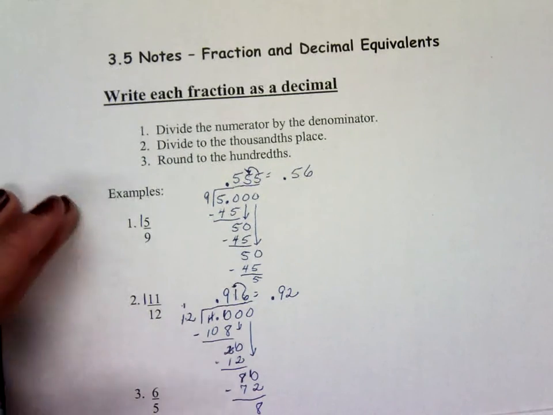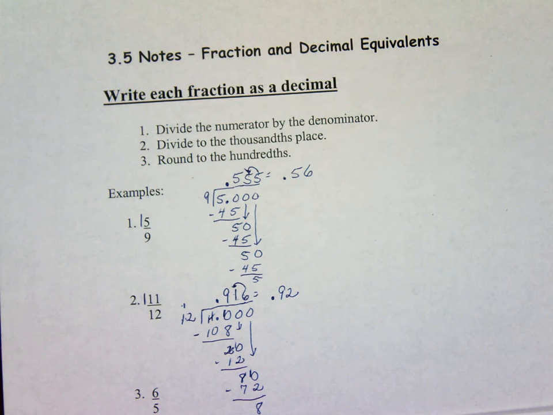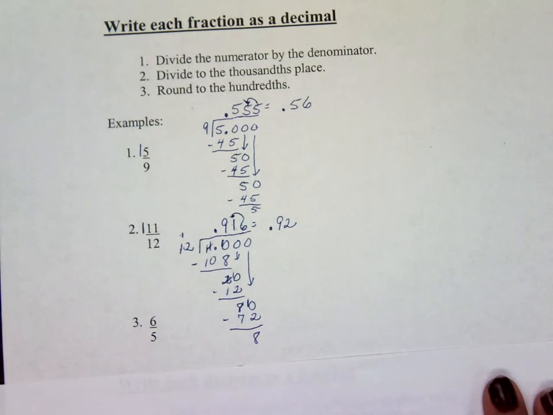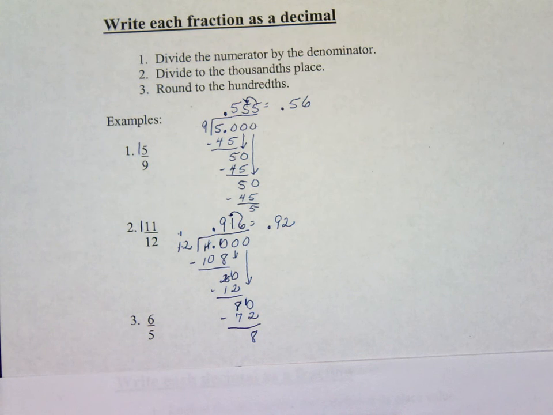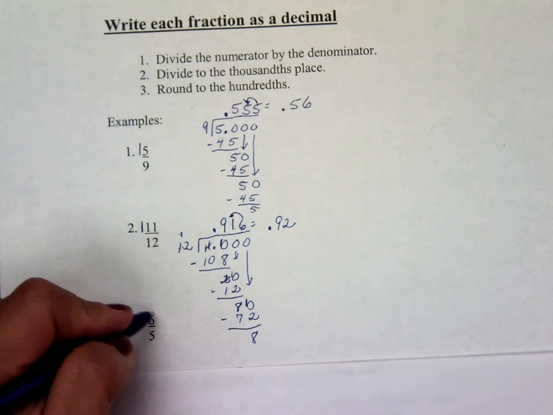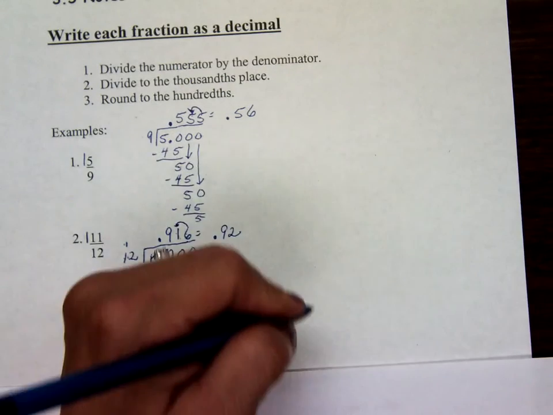Alright, so what I'd like you to do is try number 3 on your own, and when you're ready, go ahead and press play. Alright, so 6/5, since I'm running out of room here, I'm going to write 6